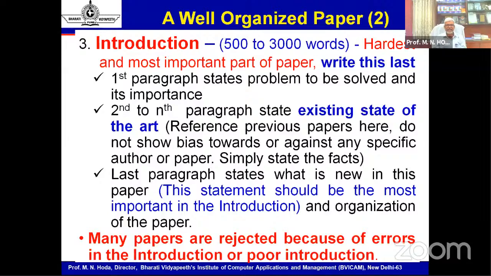and see to it whether there are any unnecessary things which you have included in your introduction which don't have any relevance to your paper. If that is so, remove those aspects. And also conduct an analysis: is there something which should have been part of your paper and is missing in your introduction? If that is the case, please include that aspect, and ensure that your first paragraph states what problem you are solving, and then from the second paragraph to the last paragraph you are talking about the state of the art, meaning your review of literature.